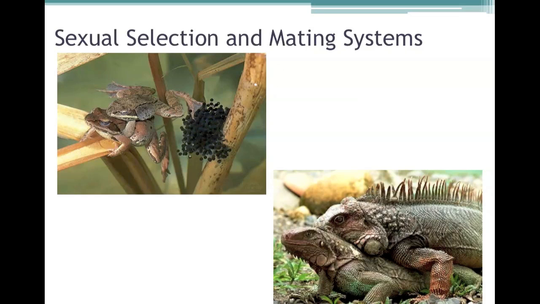Another factor that can be important is whether the male can be certain that the children are his or not. In the case of external fertilization, like the picture you see on the top left, the male fertilizes the eggs once they're already in the water, so he knows those are his young, and therefore there's a greater evolutionary incentive for him to be around those young and to protect them so that his genes are able to be passed on for generation and generation.